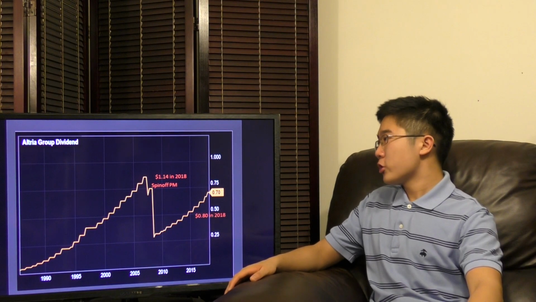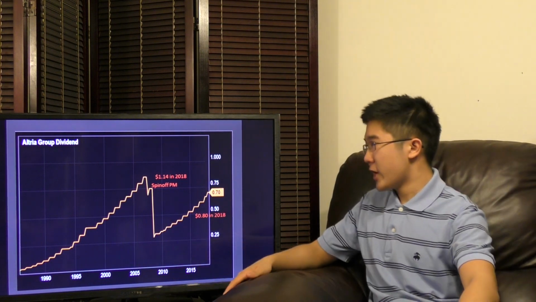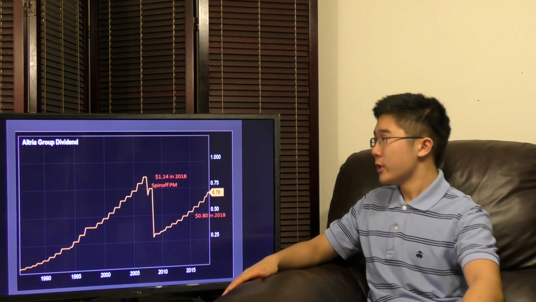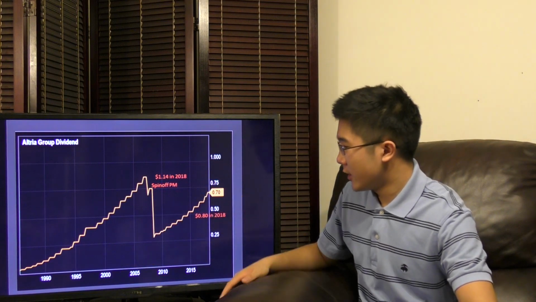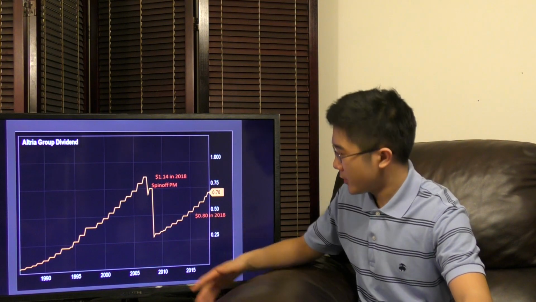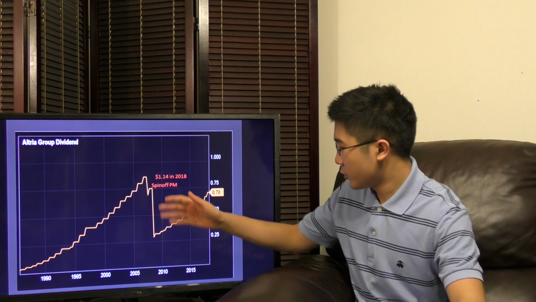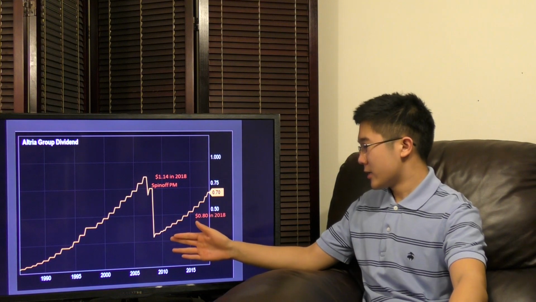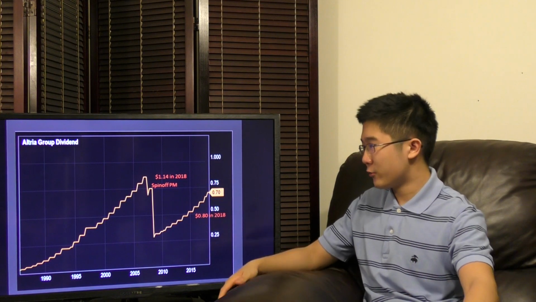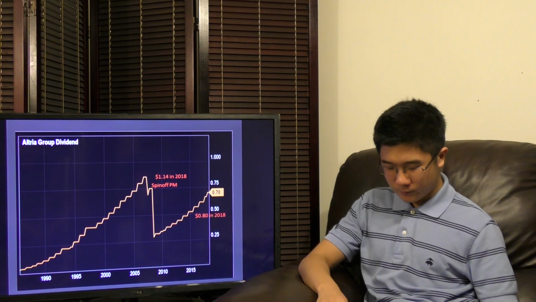Another one is Altria. Altria is a tobacco company, and it spun off between 2005 and 2010 into Philip Morris and Altria. And so Altria here is basically the same thing. It's had consistently increasing dividend payouts that basically always went up, with almost no decrease, from around the mid 1980s to 2008 or so. And after it spun off, we can see here Altria consistently still increases dividend payouts at almost the same rate. So this is another example of a consistently increasing blue chip dividend.